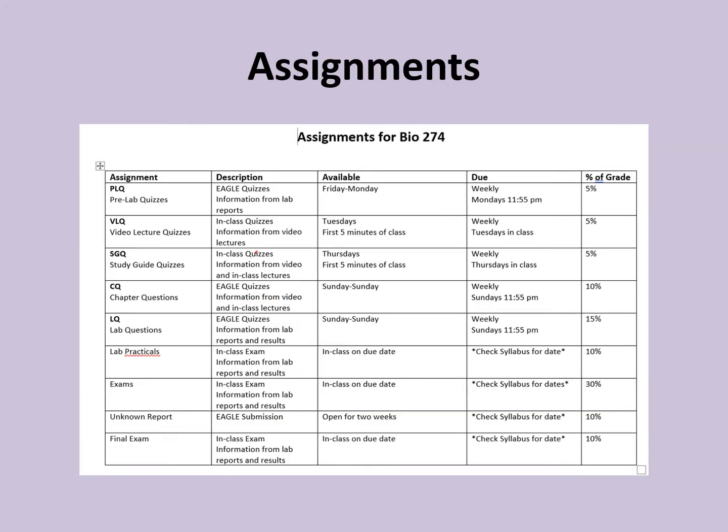Now I want to go through a brief summary of the different types of assignments that you are going to have in this class. This is actually a document in the course information, called assignment summary, I think. This is a table, and it gives you the name of the assignment, a brief description, when it is available, when it is due, and the percent of your final grade